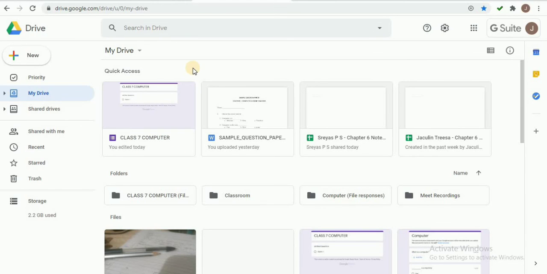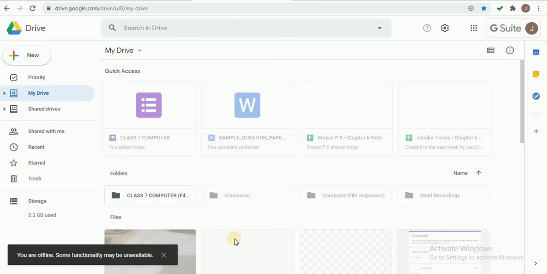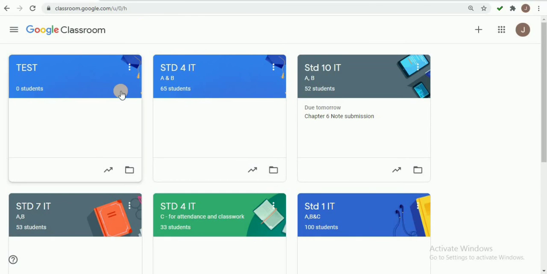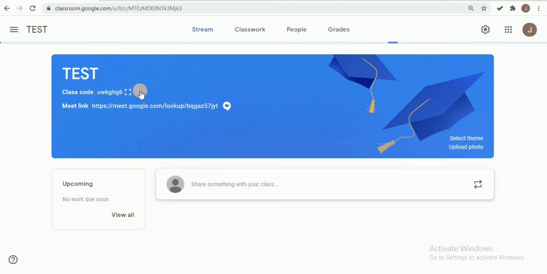So in order to conduct an online examination, we have to go to Google Classroom. Select Google Classroom. Here I am selecting this test class.